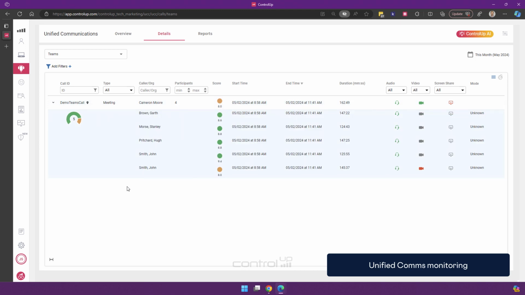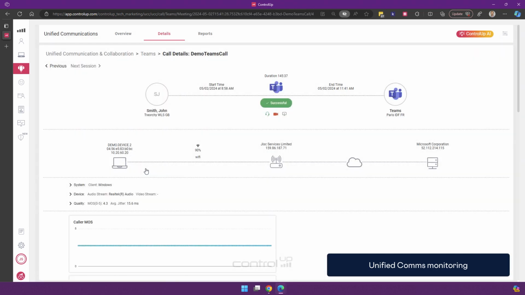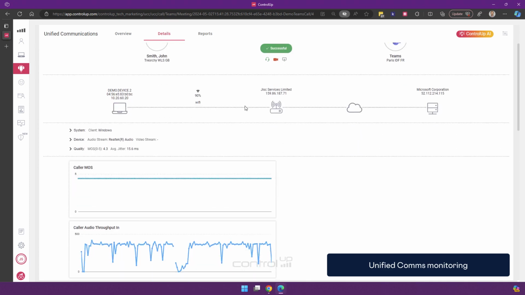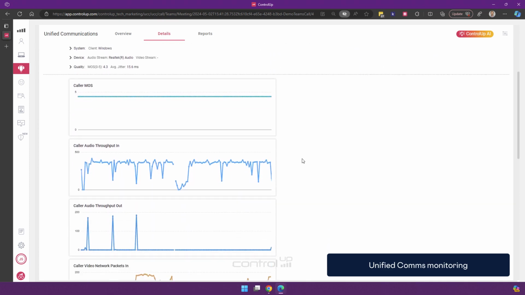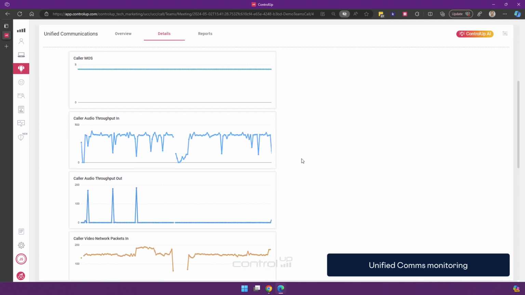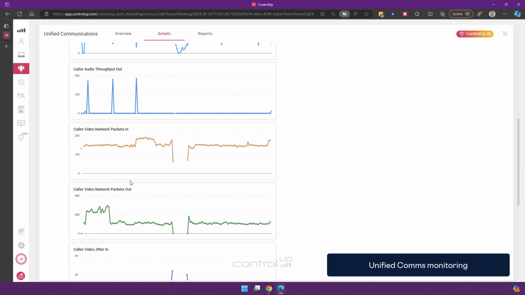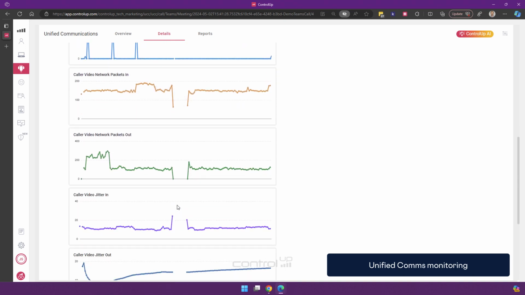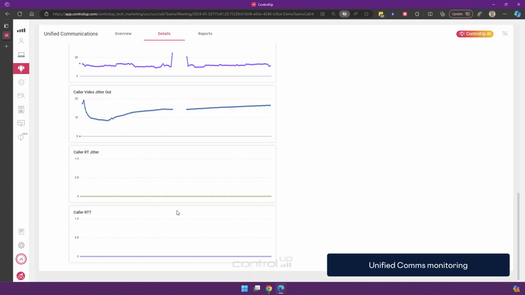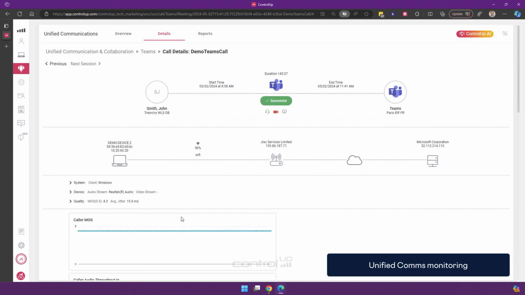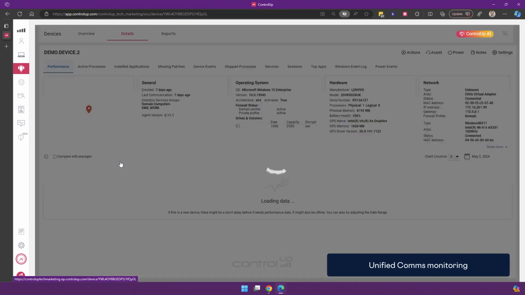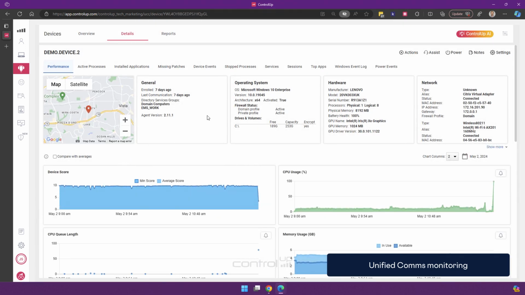We actually break down every caller and include minute-by-minute information that is collected through our agent with relevant information such as the MOS score, caller audio information, caller video information, jitter, and round trip time. From here we can again easily go to the device for further troubleshooting,